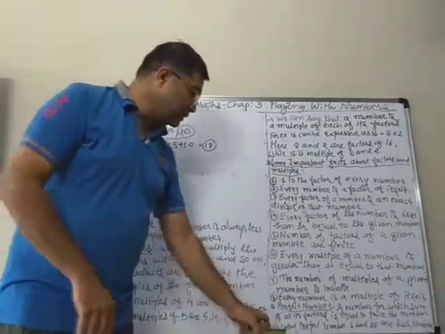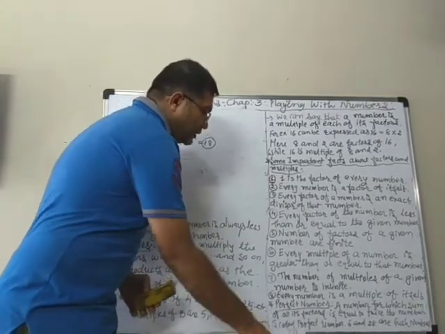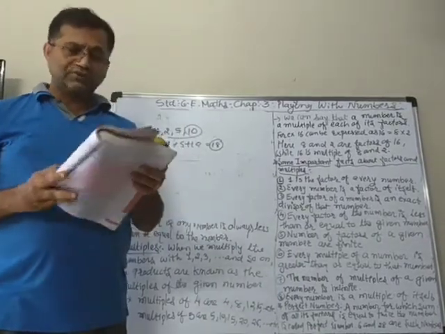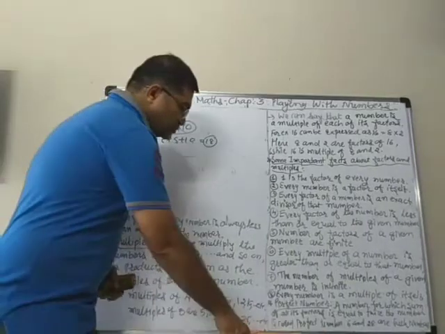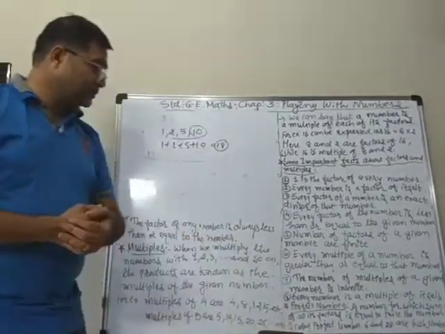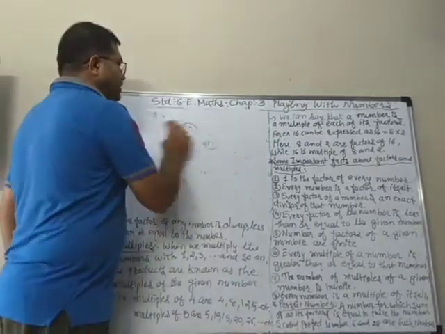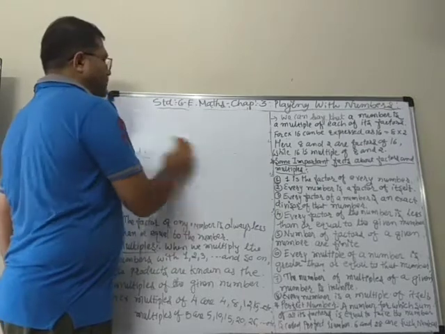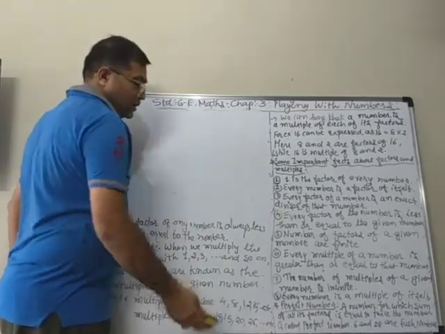So here we saw some important facts about numbers, multiples, and factors of a given number. Here we are going to stop the video. In the next session, we will do the exercise based on the facts that we learned, and then new things like prime numbers and composite numbers, etc.